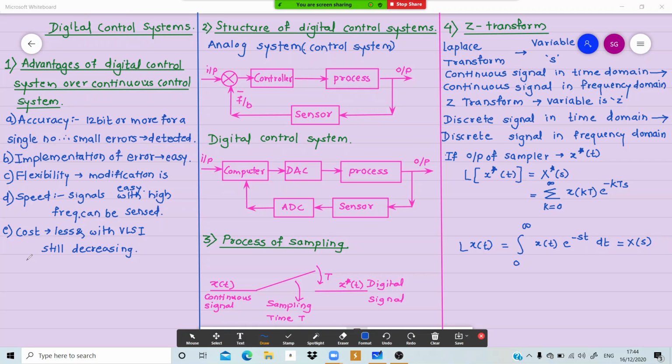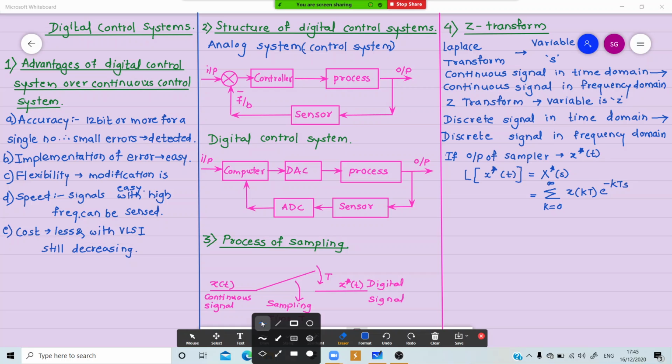Correct? Right? Now this e raised to minus kts is not a rational function of s, right? So other than a multiplying factor, and it creates difficulties. So this e raised to minus kts is not a rational function of s, which is creating a problem for us, difficulties for us when we are going to inverse the function. So that's why what we are going to do is, for this e raised to kt, we'll substitute something. And what we are going to substitute, I'll tell you. I think no need to have Laplace ka definition.